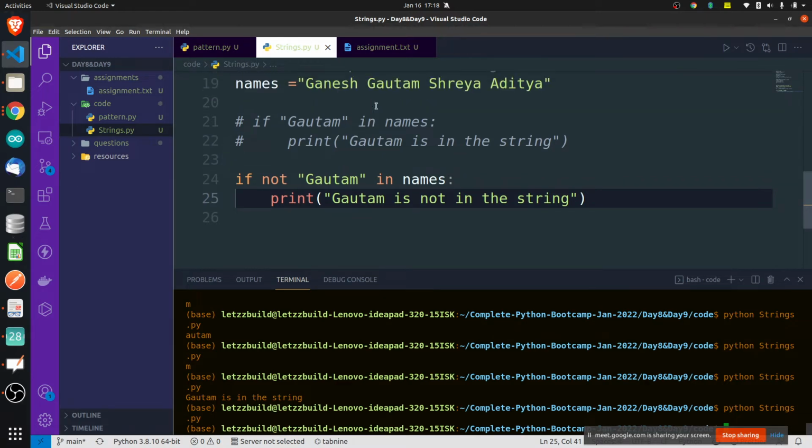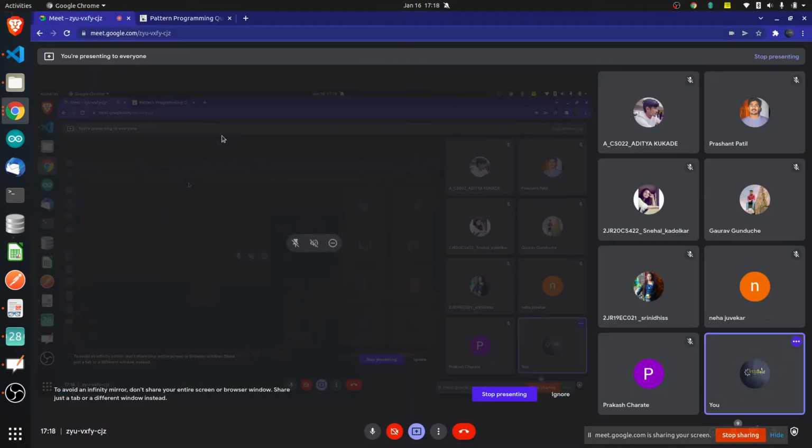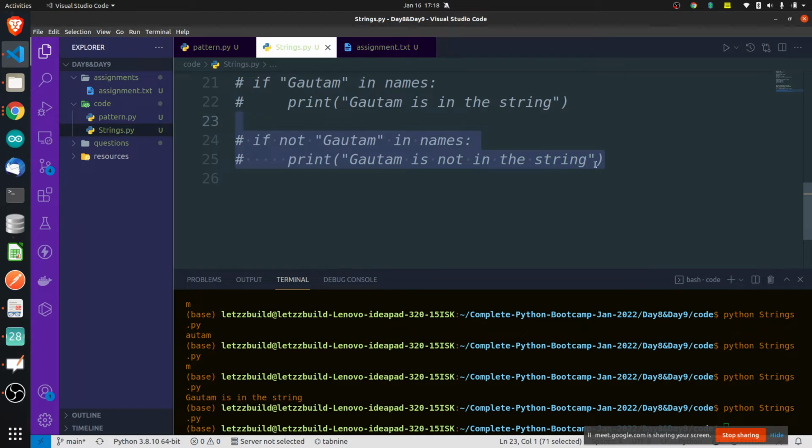Gautam is already there in the names, so it is not printing this one. Is this clear? The in and not operators, very simple. They are just used to check whether something is there in something or not. Whenever I give you a problem to solve, you should use these operators. It's like normal English, if Gautam in this or not.